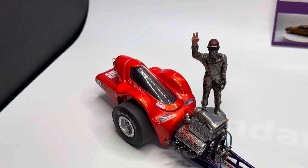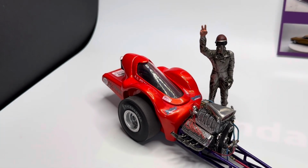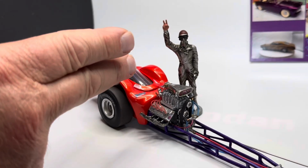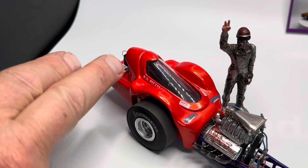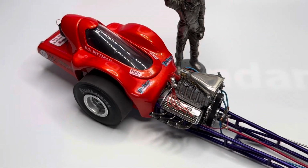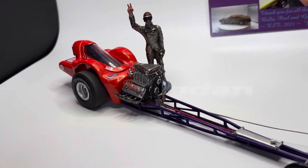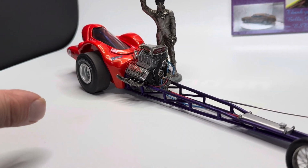And then round two, we released the Cosmic Charger. That was an MPC kit, and I got the canopy from that and added that into the 22 Junior body. And then the back part is all Evergreen sheet plastic. And then I decided that back then they would run 392 Hemi Chrysler engines in those cars in the comp class. So the engine's out of an AMT Piranha kit,